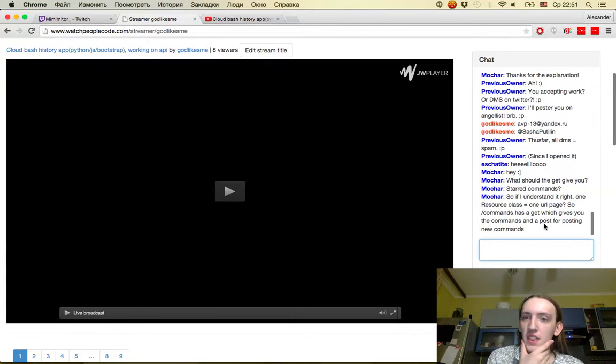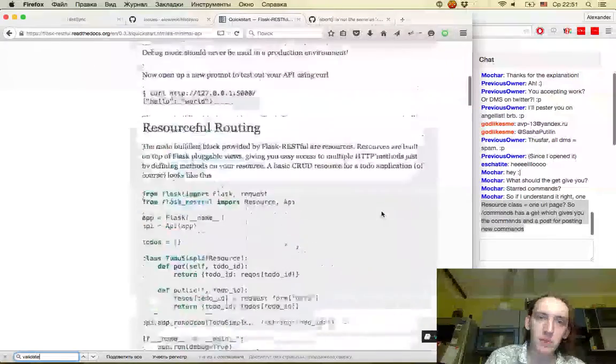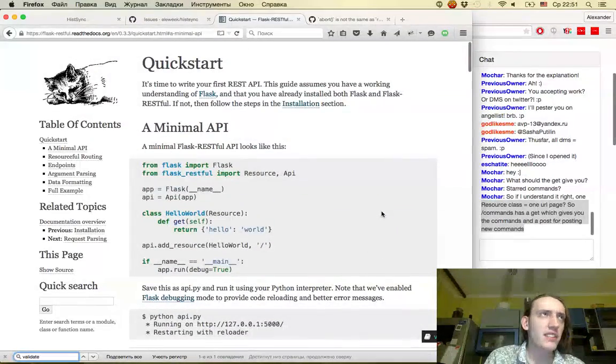So if I understand this right, one resource class equals one URL page. So comments has a GET which gives you the comments, and a POST for posting new comments. This is how I understand it. At least this is what I'm doing right now. So you understand what I'm doing right now, and I think it's the correct way of doing this, but I'm not 100% sure, and I'm not sure how